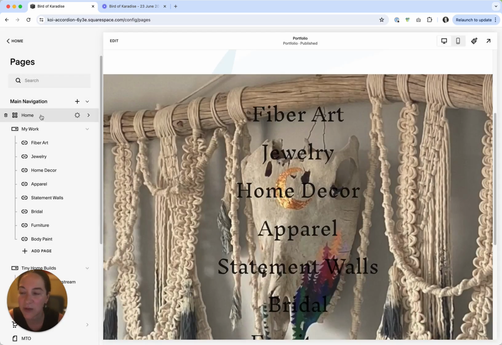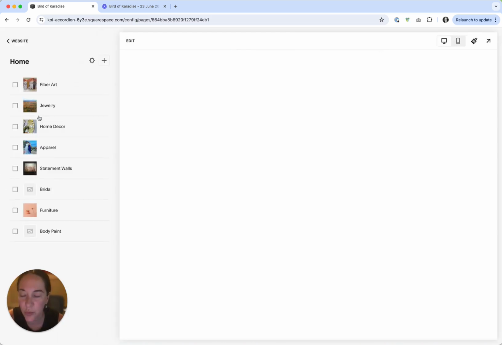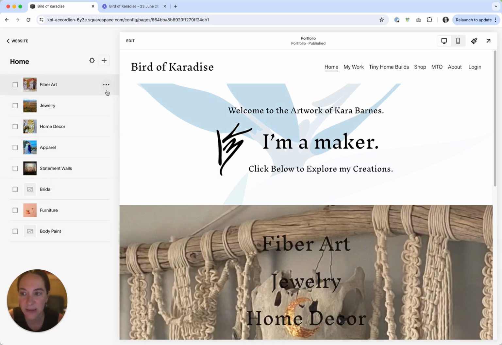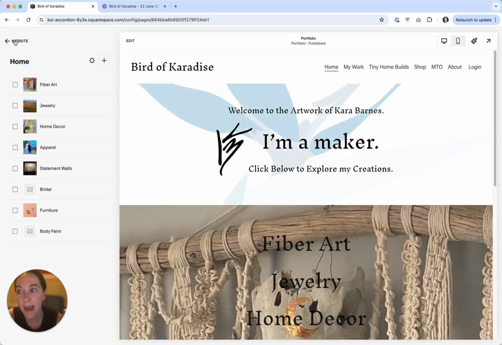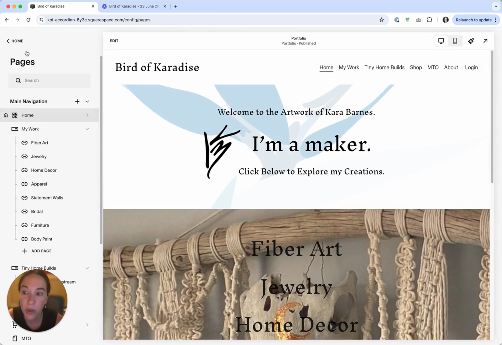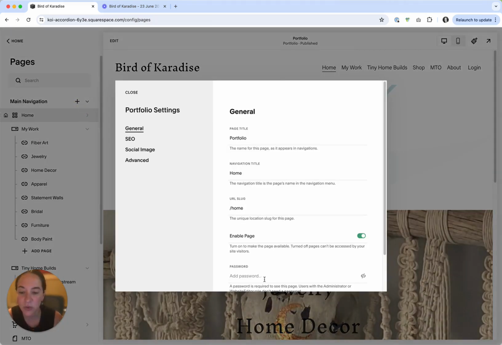So how you see those is if you click on your portfolio, then you're seeing each of your elements, and then that's where you're going to go to the horizontal ellipse, and you are going to set the second part of the slug, the second area in, but the first part is from whatever you've named your portfolio. So you probably don't want it to be home or something like that. You want it to be more like gallery or my work or portfolio. So you want to make sure that you name